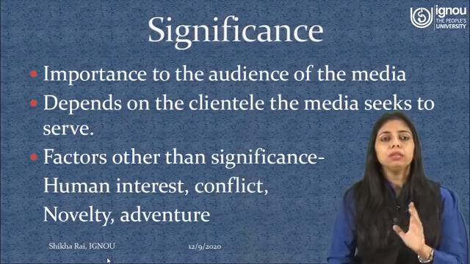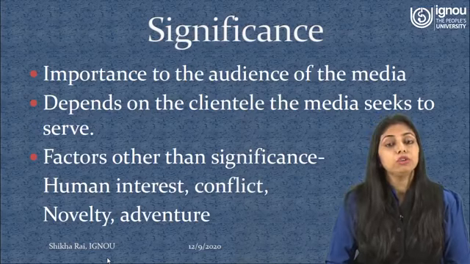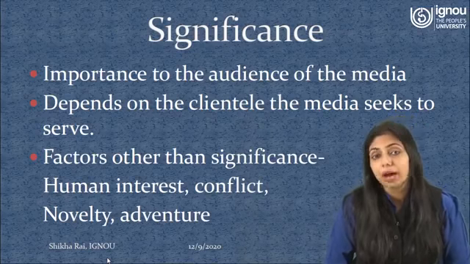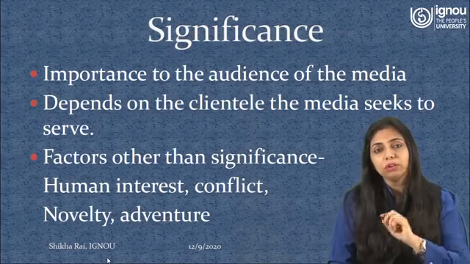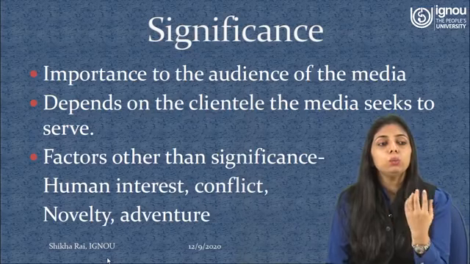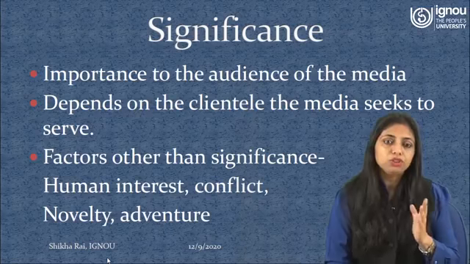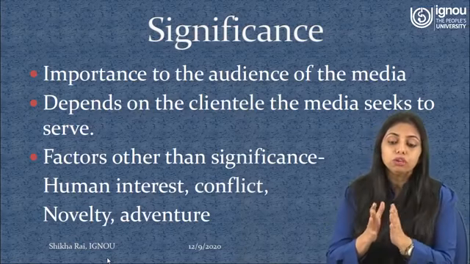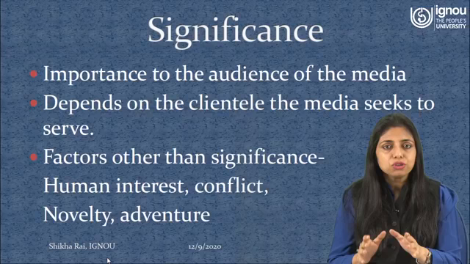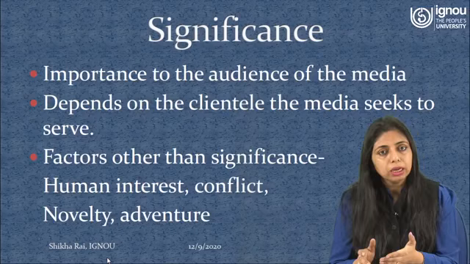There are a few other secondary elements, you may say, for news. Now these are human interest. Human interest is not always secondary, but it does form an important news value. But what do we mean? What is the difference between a news element and a news value? A news element is something which is responsible for an event becoming news. And what is human interest? Why is it called a news value? Because this exclusively depends on the discretion of the journalist to decide whether or not this can